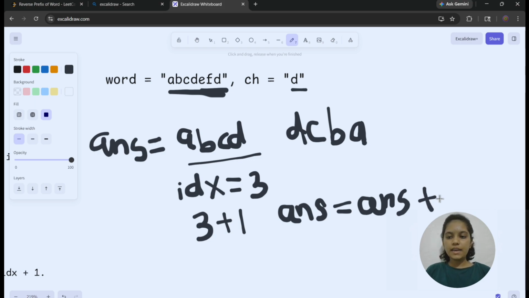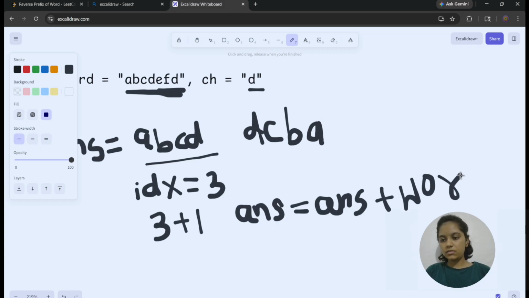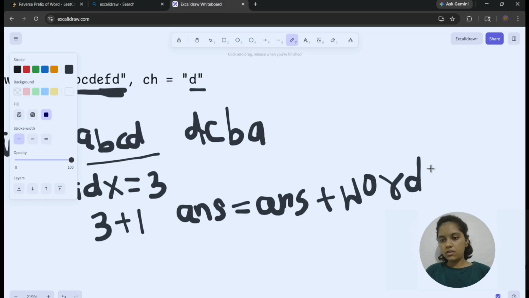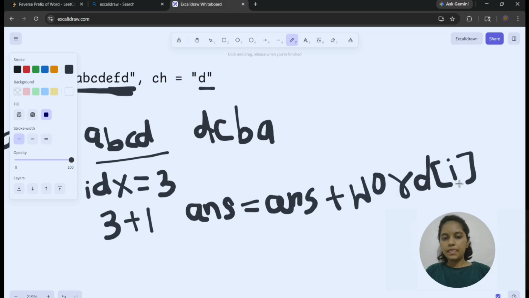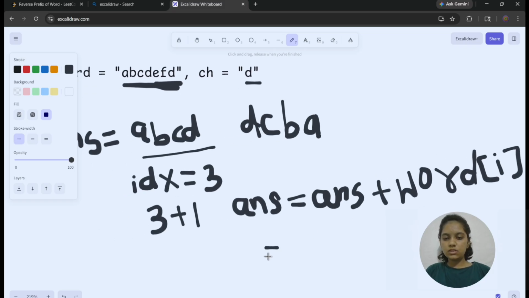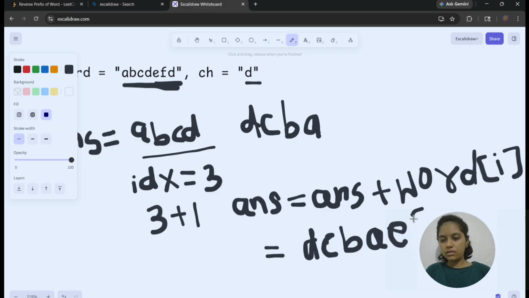So here I have given a string word, so I have to add the characters of the word at index I. Here I am iterating using I. Now it stores the result as D, C, B, A, and then it iterates over E, F, and D. So it is adding E, F, and D in the answer string.